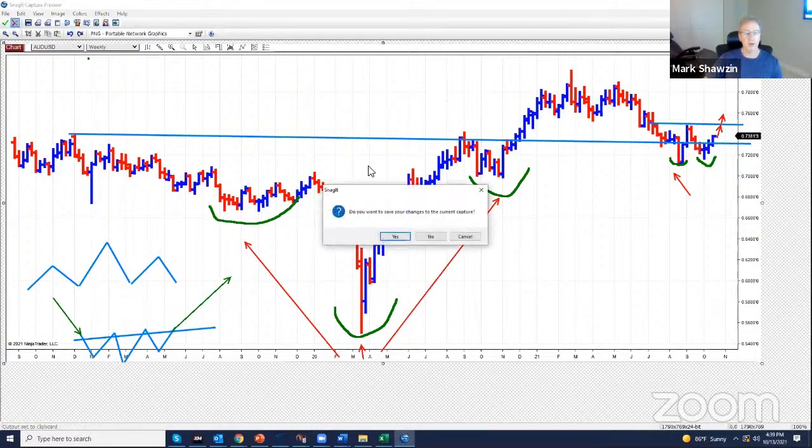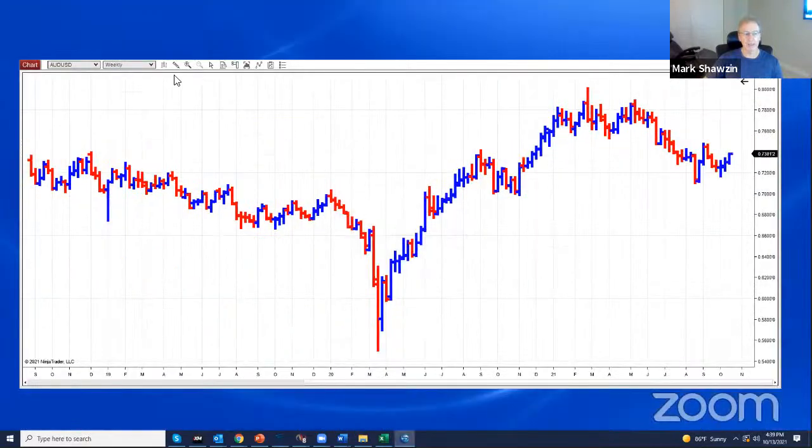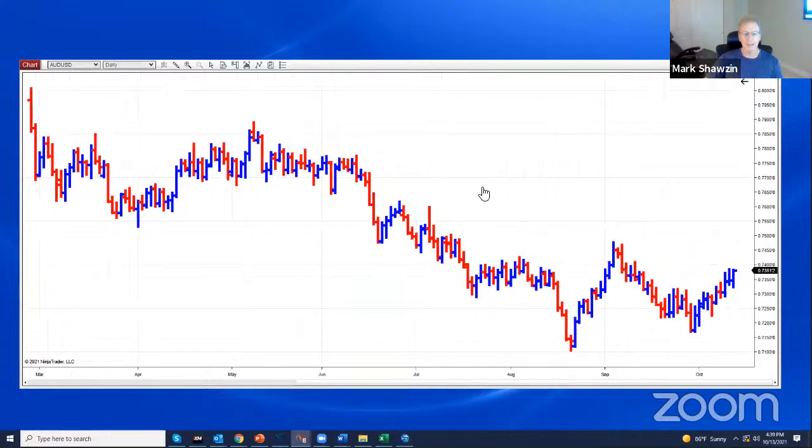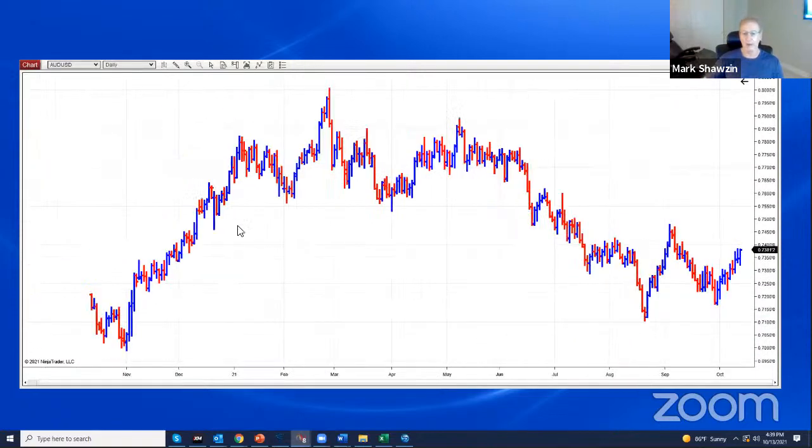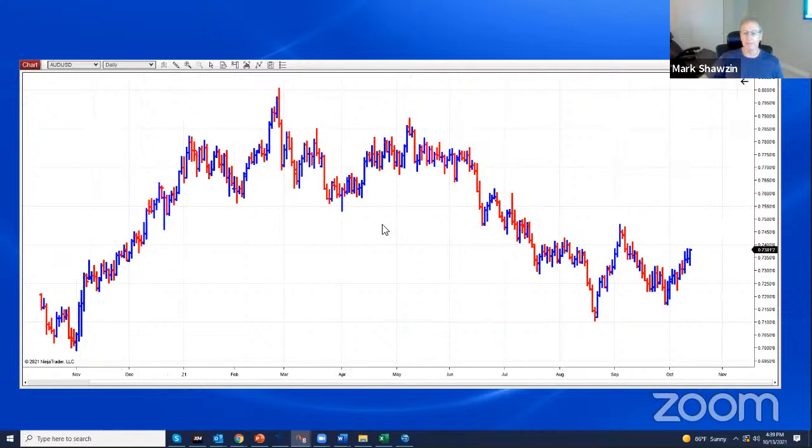So let me break this down. I look at things on all kinds of time frames. Really what I'm trying to do is get a sense of where a bigger move is going to happen. I'm not looking for the next 7 pips or the next 32 pips. I'm looking to take 150 pips, 300 pips out of a trade. It's a little bit different style of trading, but to my mind, it's the only way that you can really make money. You can't make money in and out. And that's not my opinion.